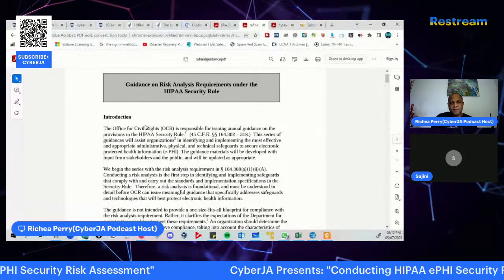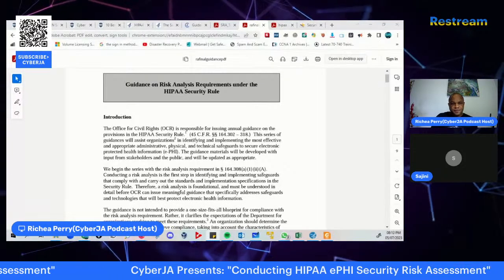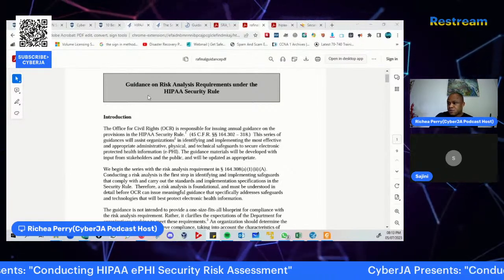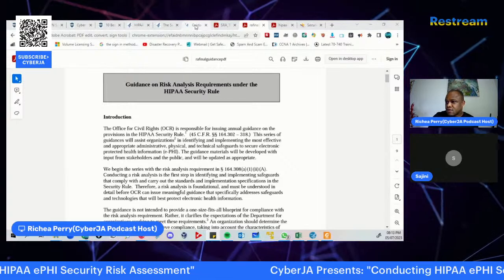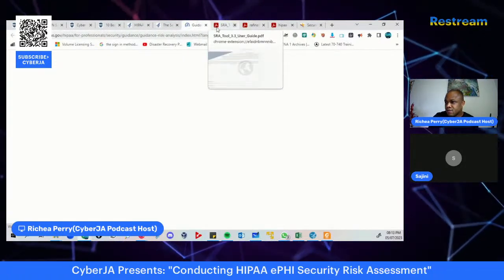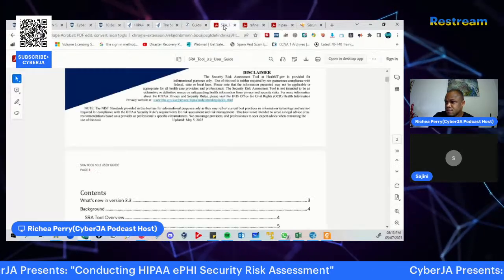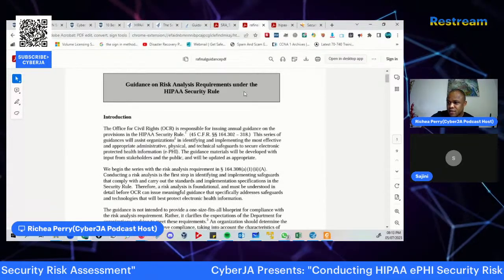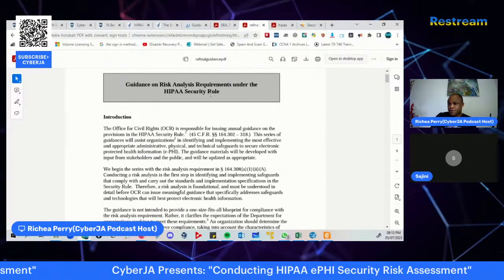All right, so for the background, we're placing a link to all of these articles as I mentioned before. So this is the guidance on the risk analysis requirements under the HIPAA Security Rule.